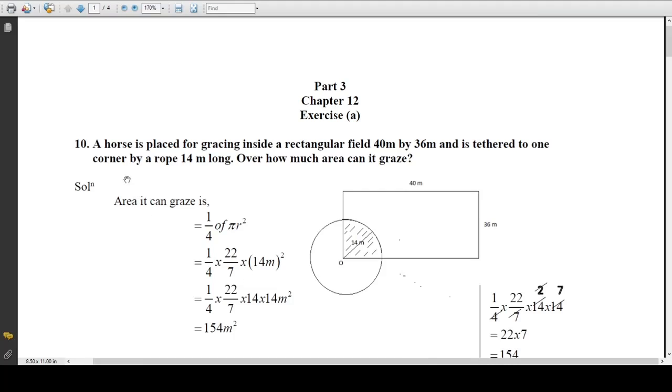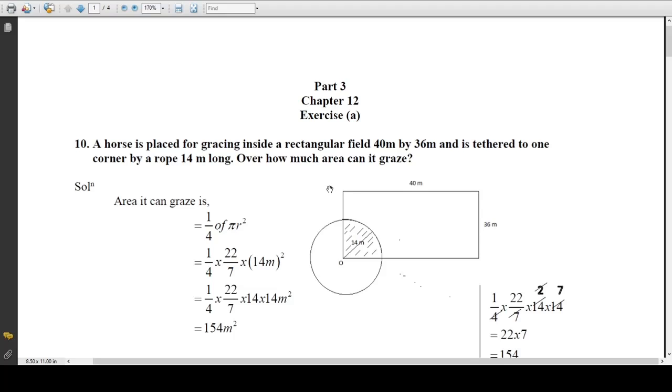The question here is, a horse is placed for racing inside a rectangular field 40 meter by 36 meter and is tethered to one corner by a rope of 14 meter long. How much area can the horse graze? Okay, now